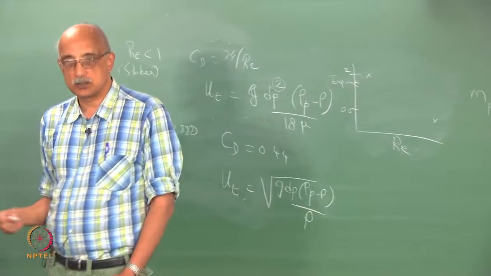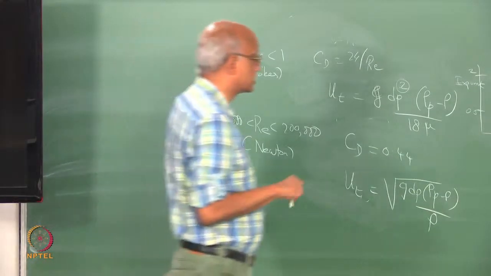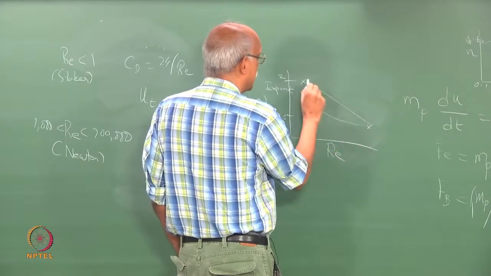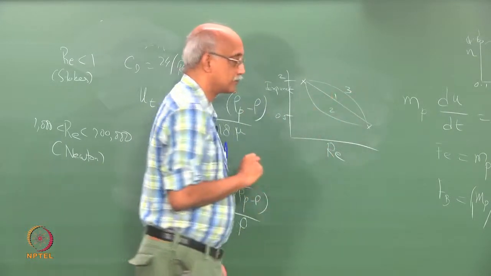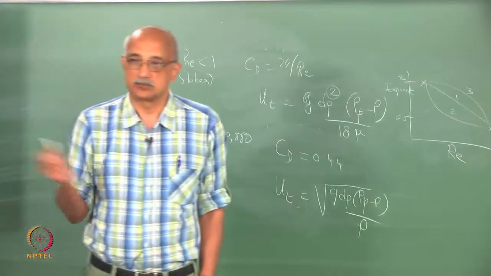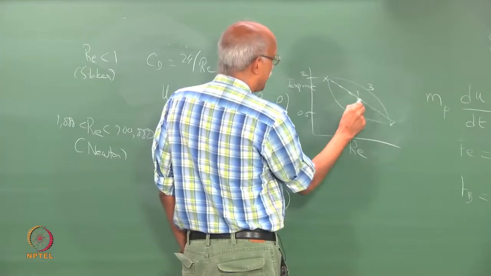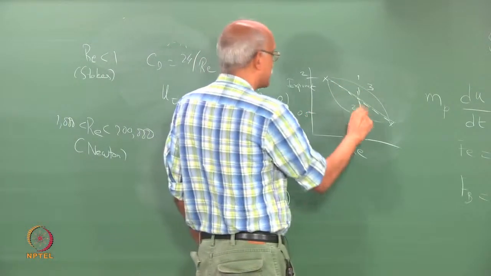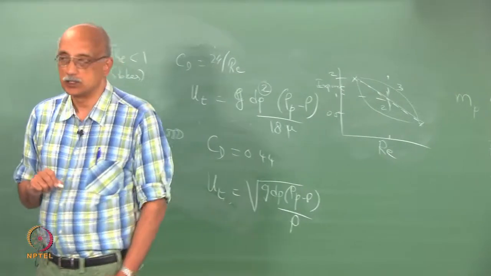So, what about intermediate Reynolds numbers? What kind of shape do you expect? Do you think that basically it will be a kind of a straight line behavior, or this kind of behavior, or this kind of behavior? 1, 2, 3. 2. Why is that? Any particular reasons? Actually, the dependence is kind of almost straight. In other words, for intermediate Reynolds numbers you will get a dependence of roughly 1 as far as the particle